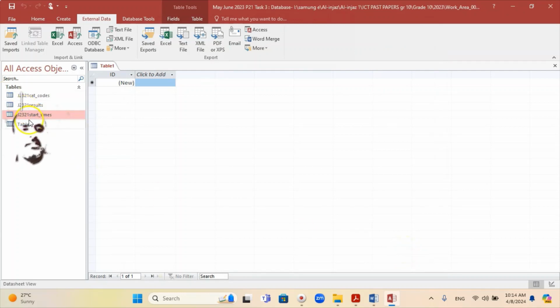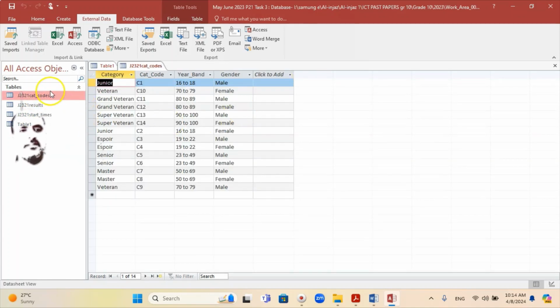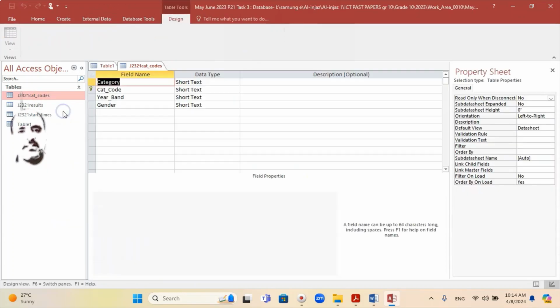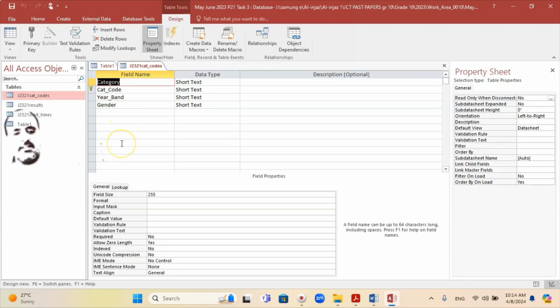You can see towards the left side in this pane, in all Access objects pane, all the three tables have been imported successfully without any import error. So cat codes, you can see that. Okay, I need to take the screenshot of its field names, data types, and the primary key. So right click over here, go to design view. Again, you need to press